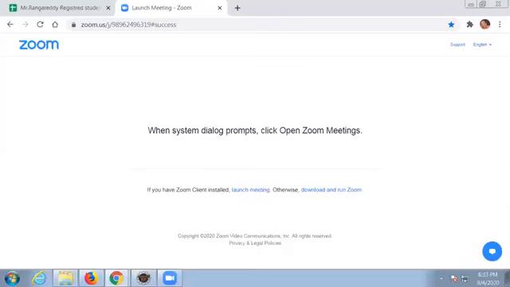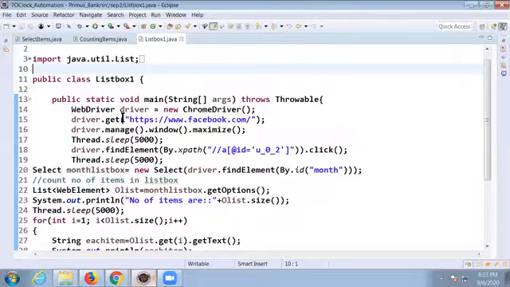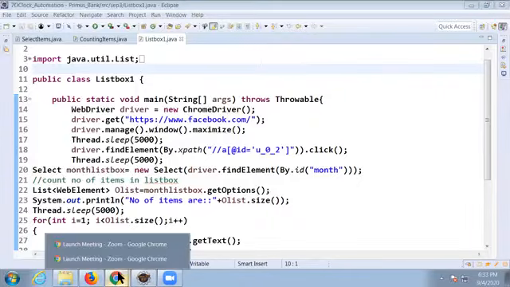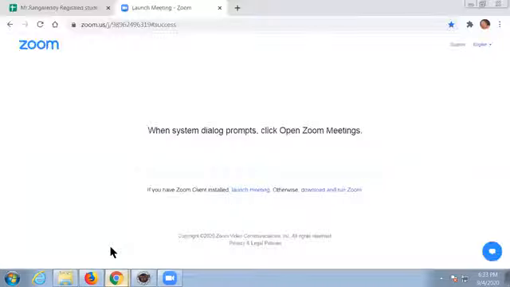To inspect? Yeah, we need to verify whether that element has the select HTML tag or not, right? And then we need to store that list box into a Select class object. Then we can access those methods. Okay, now that's the basic procedure we need to remember. And today let me show you how we